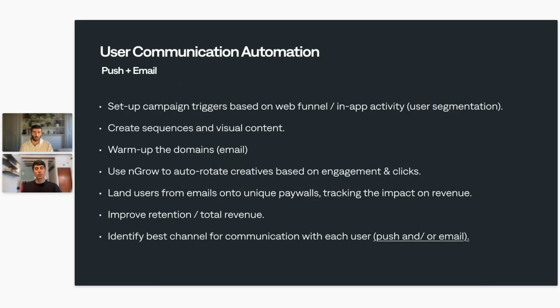In push notifications, you can deep link the paywall screen into the notification so that when this special notification, for example, with an offer comes to the app, I click on it and I land specifically on that screen in your app. So use deep link for that. Track how it's all improving your retention, your total revenue, and in the meantime, also try to identify the best channel for communication. Again, it's wrong to say the best channel because